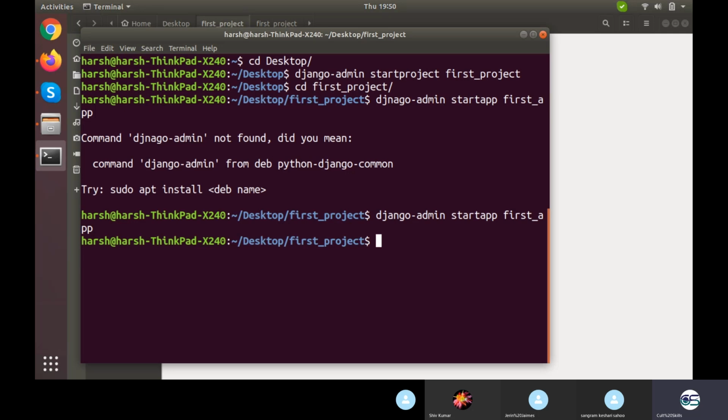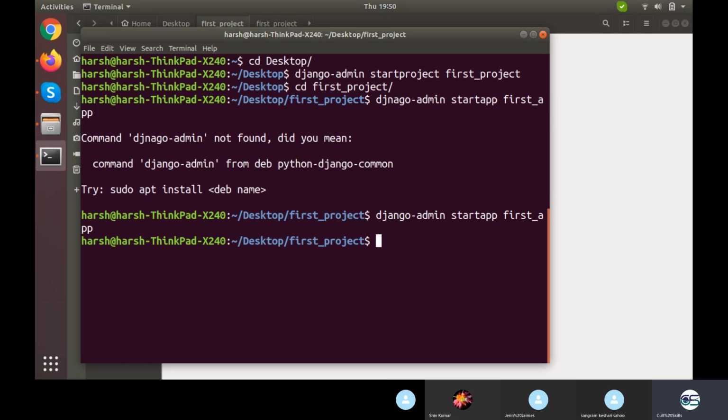Now what is the meaning of project and what is the meaning of app? A project is the complete website itself, or a particular domain; any .com you can think of would be a complete project in Django. And what is this startapp stuff? One project can have different apps, just like cultskills.com has different apps: one app of courses, one app of bootcamp, not pages, I'm talking about apps. So an app means a logical functioning.